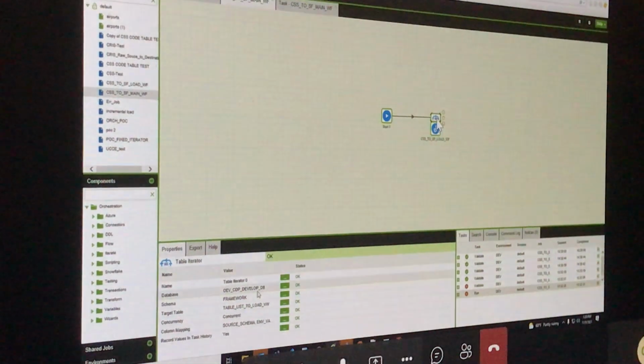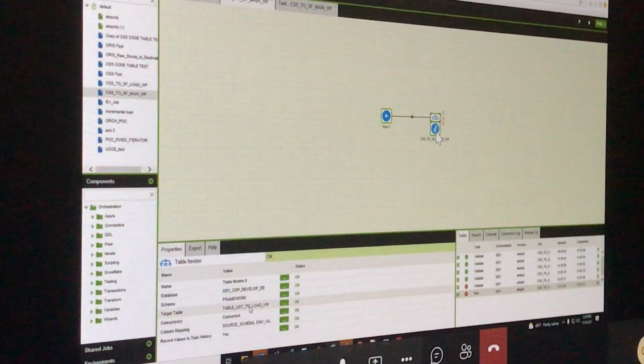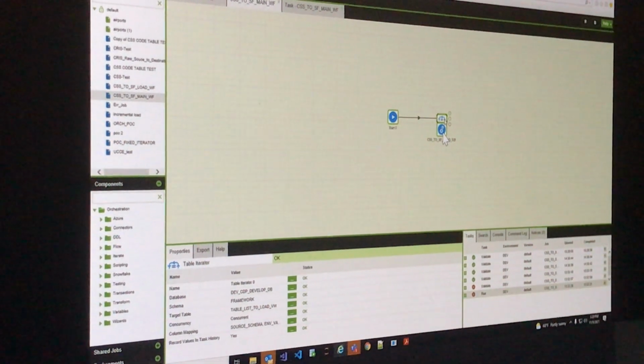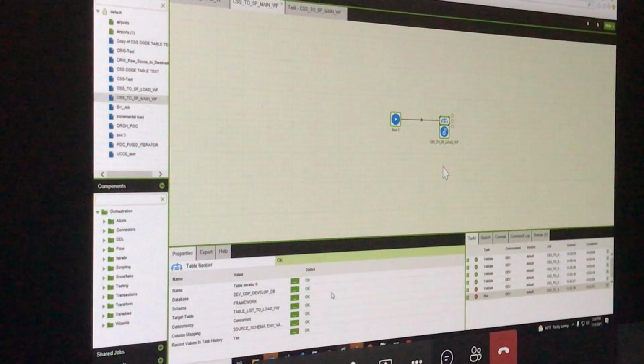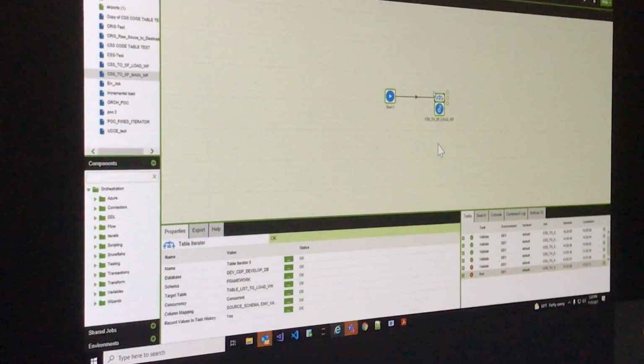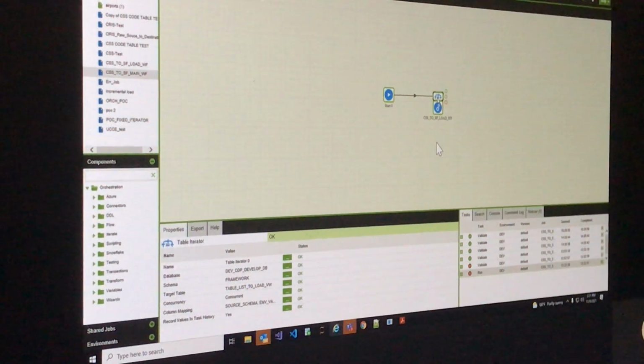Which one? Down of iterator, what is that symbol? You can see the setting symbol, the screw symbol. Yeah, that thing. I will go into it. Okay, so first we start with the table iterator, right? So I'm explaining that to you.